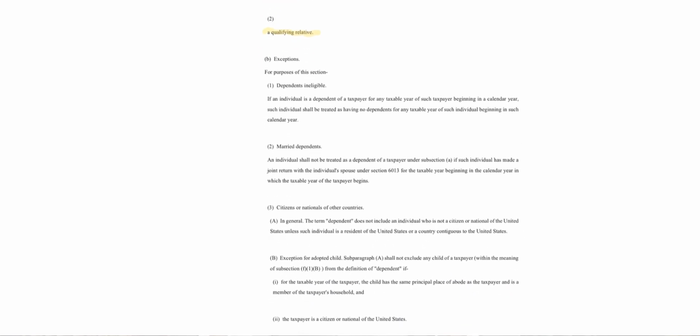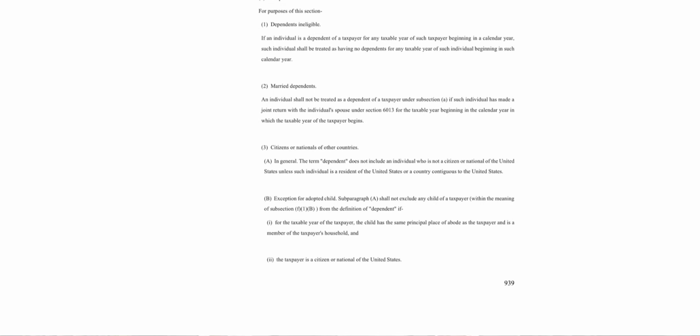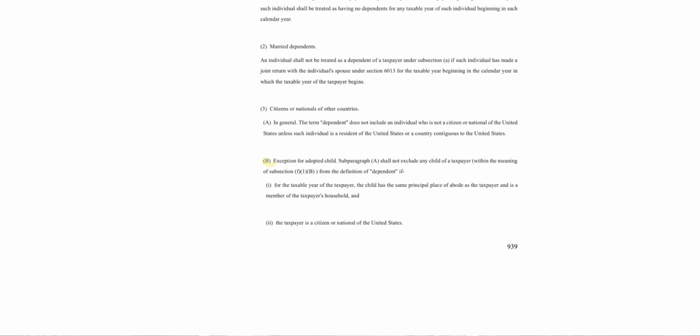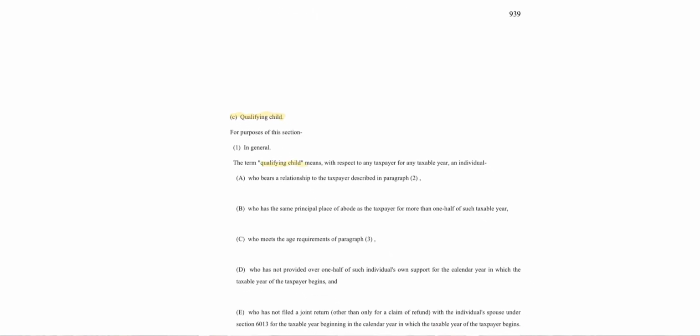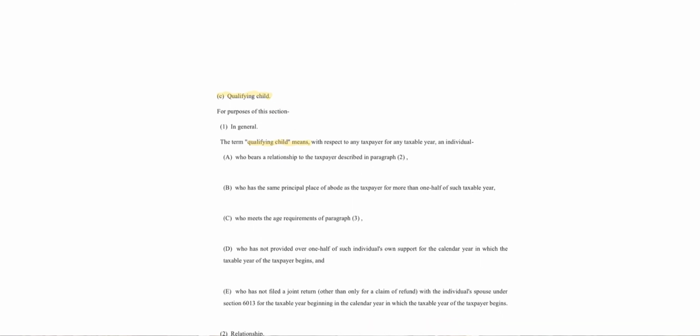They're not married, not citizens or nationals of other countries. Exception for adoption child. We don't have anything about being adopted. Qualifying child C. For purposes of this section, in general, the term qualifying child means, with respect to any taxpayer for any taxable year, an individual who bears a relationship to the taxpayer described in paragraph 2, so we're going to look there, who has the same principal place of abode as the taxpayer for more than one half of the year, looks promising,